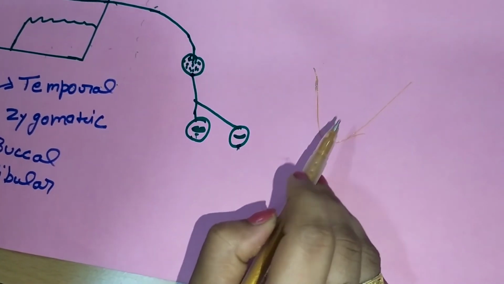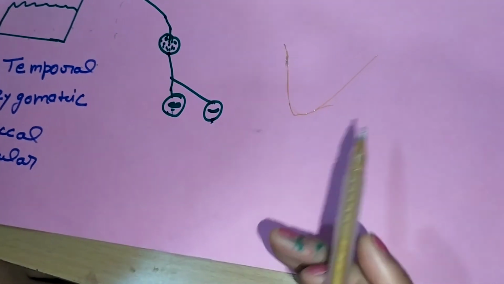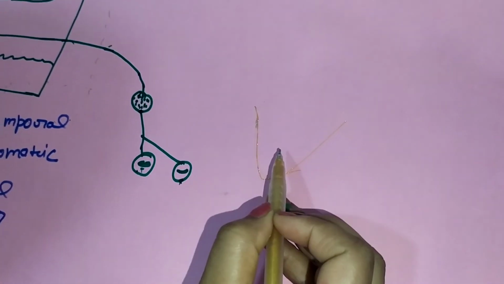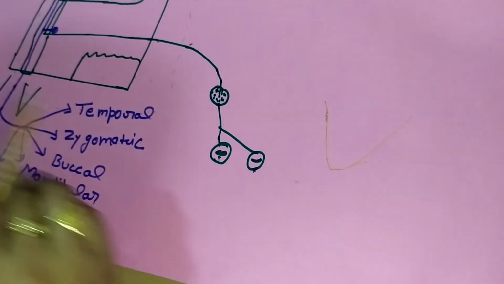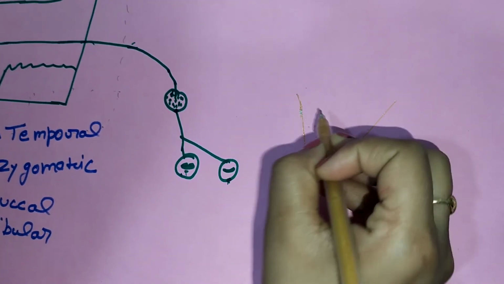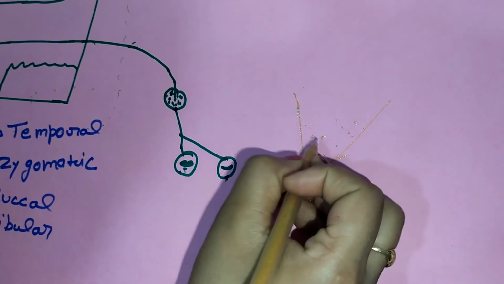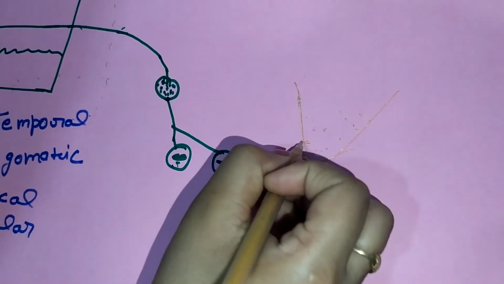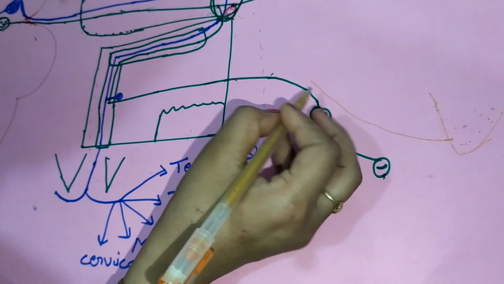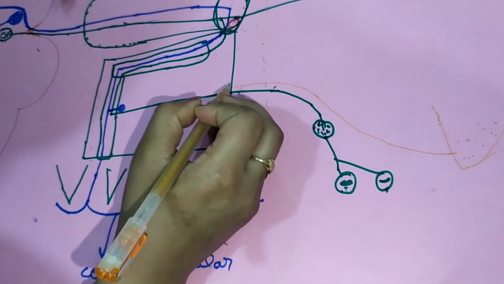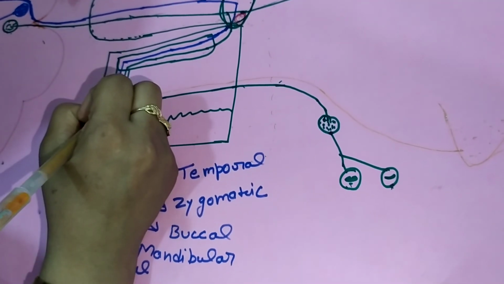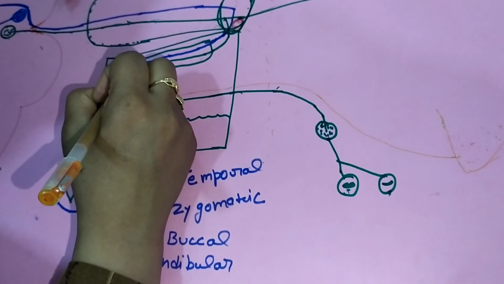Okay. The next is, there are two parts, motor part and parasympathetic, which I have explained. The next part is sensory. In sensory also two portions are there: sensation from the tongue and general somatic sensation. So first I will explain this one. The fibers for taste originate from the tongue. They move in the infratemporal fossa along with the lingual nerve. They enter inside the ear, and finally they enter into the canal, and then they pass